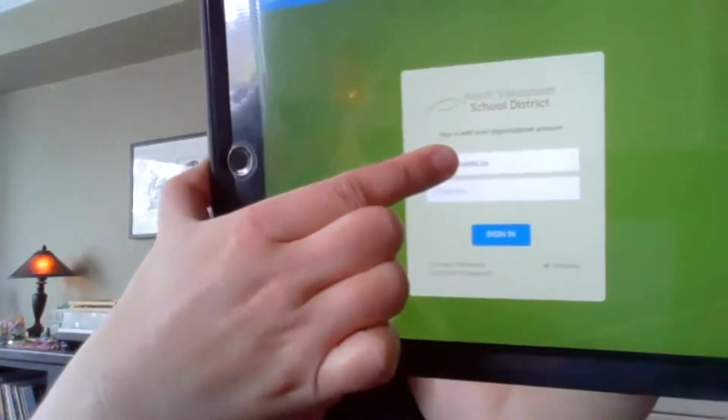And what you should find is that, here I'm just going to cover my employee number, but it'll take you into this green screen that we're all used to seeing by now. And then you put in your password. Sign in. Okay, so it's just signing in, and I'm going to give it a second. But now that we're signed into OneDrive and TouchChat is all ready to go, we should be ready to upload